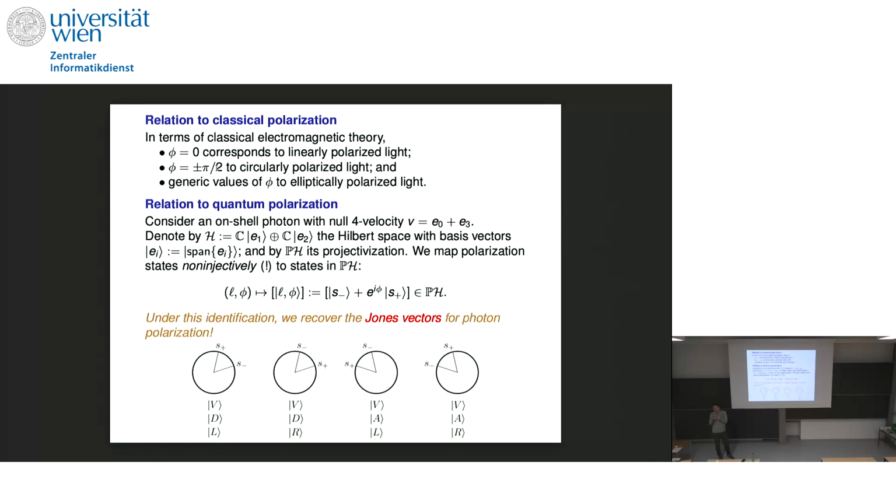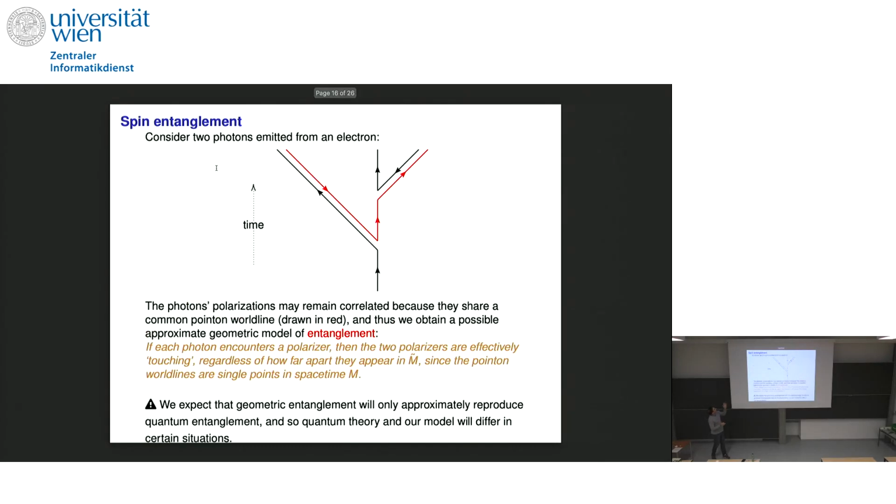So it's a different model of what photon polarization looks like. It's not electromagnetic waves, and it's not in a Hilbert space. It's just parallel transporting these two spin vectors and projecting them into smaller dimensional tangent spaces. And maybe I'll stop here as my last slide because of the time, and leave the rest for another time.